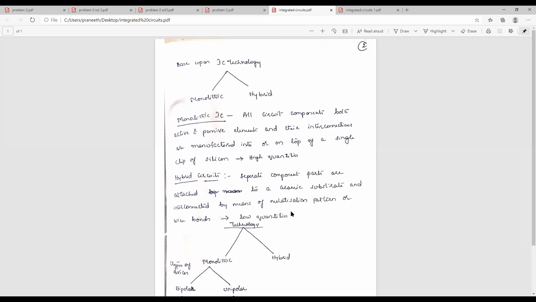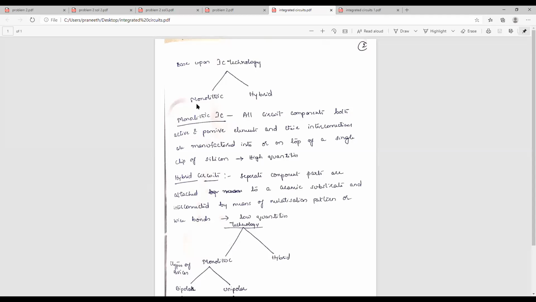Okay, what can I say? The best example is, generally we say hybrid plants, right? What is the difference between a normal plant and a hybrid one? Hybrid is somewhat a combination of two different things. Here also it is the same. A hybrid circuit means some separate circuits will be designed and we are joining those two by using wires or some metallization processes. Some components have been separately connected. రెండు విడివిడి వాటిని కనెక్ట్ చేస్తాం అన్నమాట అండి. అది హైబ్రిడ్ సర్క్యూట్ అవుతుంది. Got it?